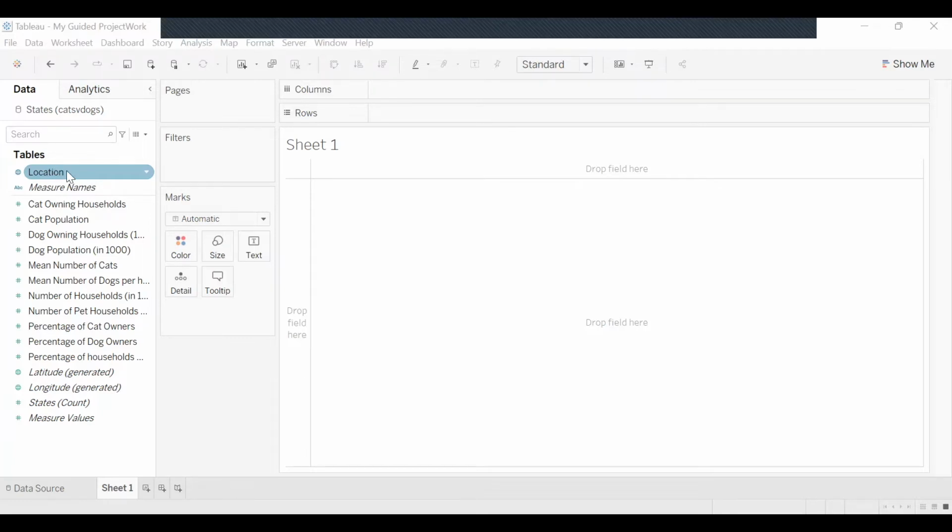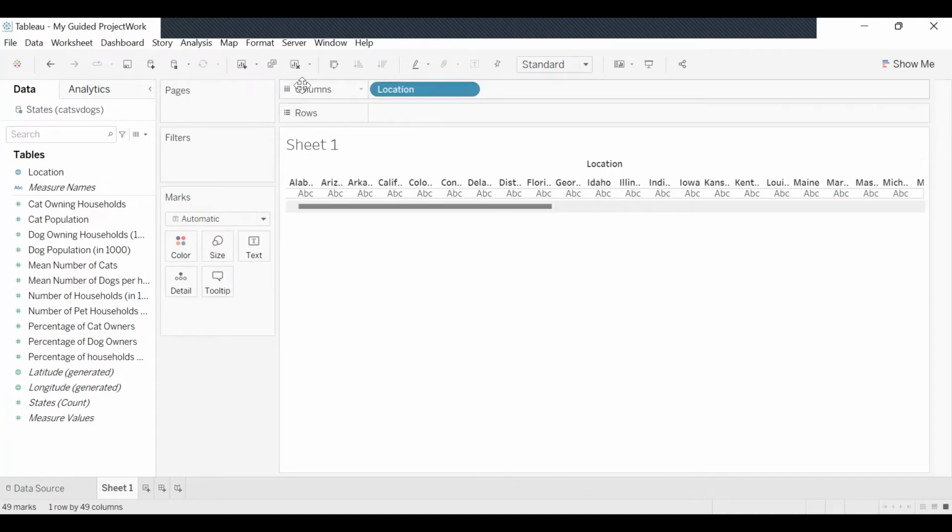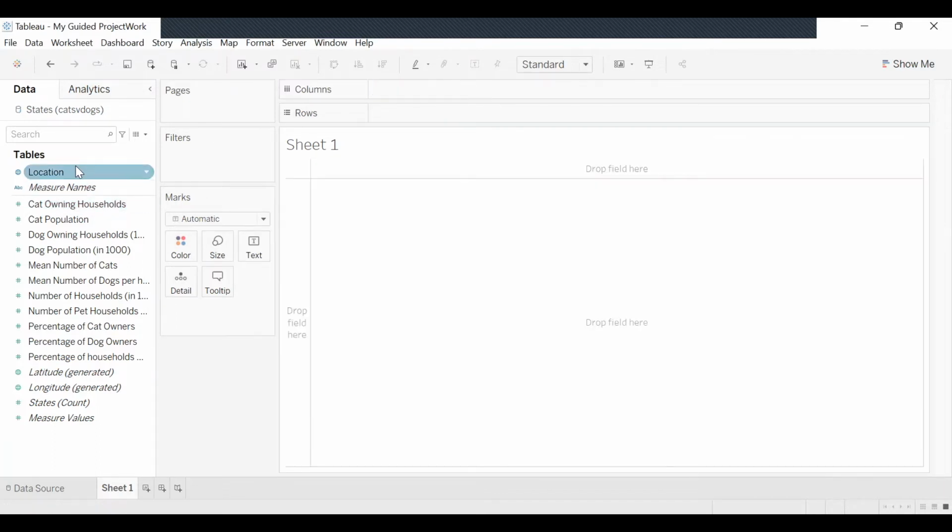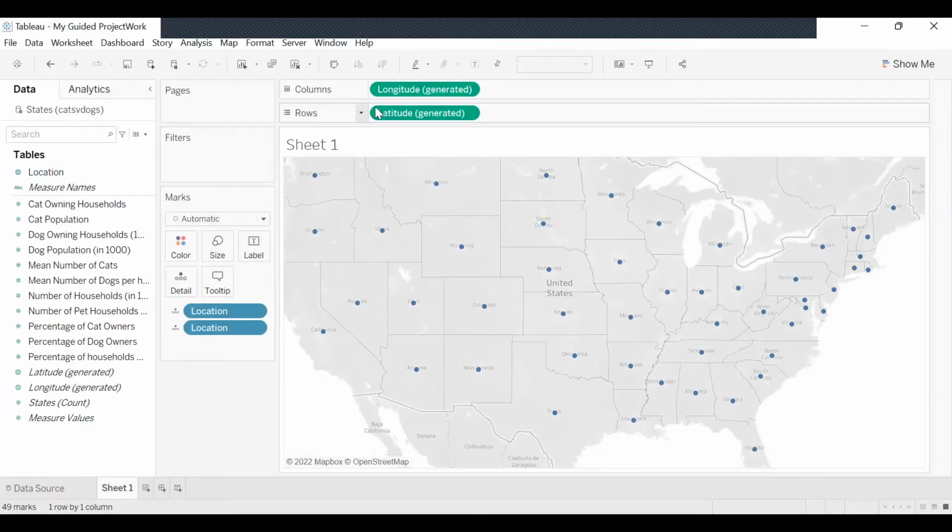So what we are going to do is get this location here on this shelf. Shelf is this space up here, which is called shelf. There are two ways to get this here. One, which you have seen, is that I have dragged it. You can always remove it like this. It will go away. Another way is double click, and this will give you the longitude and latitude,